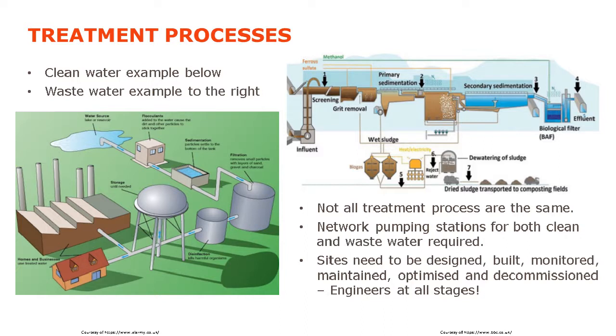The clean water example at the bottom is taken from a reservoir or a river abstraction, generally with pumping stations. There's some settlement, some filtration, and generally always a disinfection process on the water side, which is generally chlorine. On this one, you've then got a huge tank held up in the air, which provides the pressure to deliver clean and wholesome water to your tap, whether that be in industry or at your homes. Or there could be more pumping stations along the way to make sure that if you're at the end of the clean water network, you still get a suitable amount of pressure at your tap rather than just a dribble.